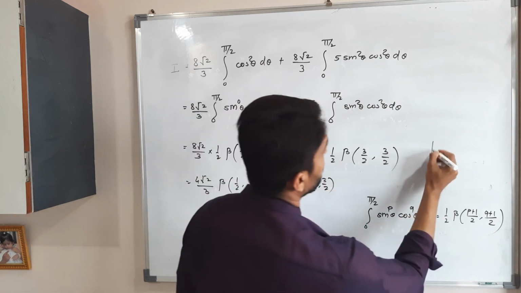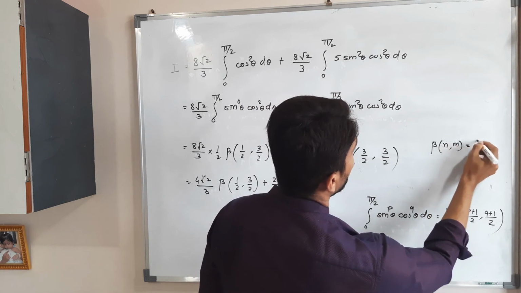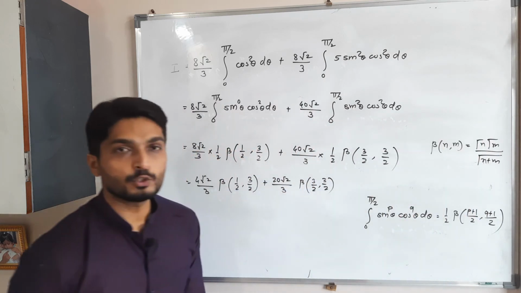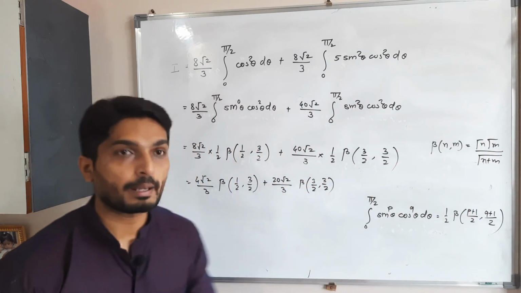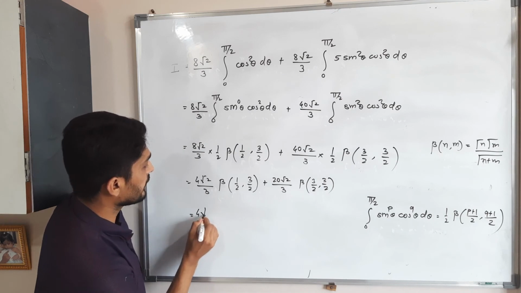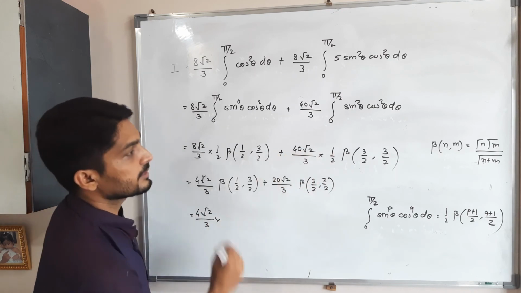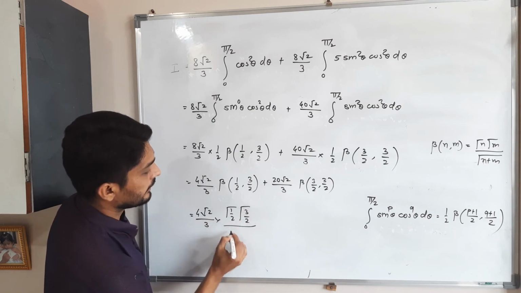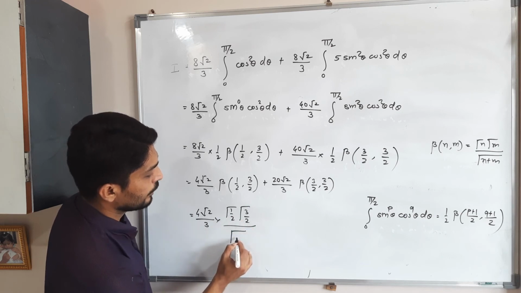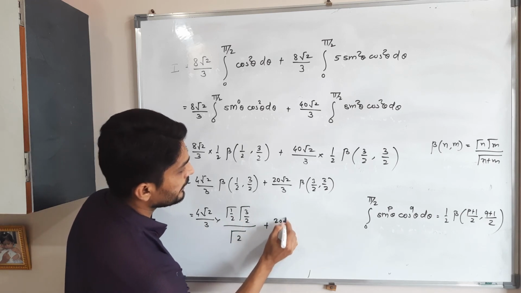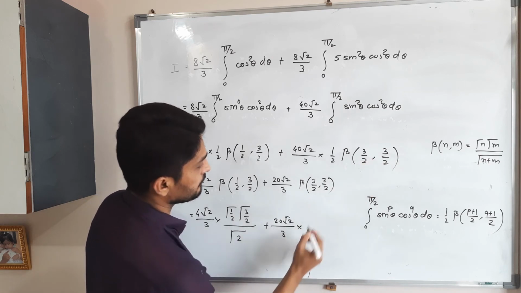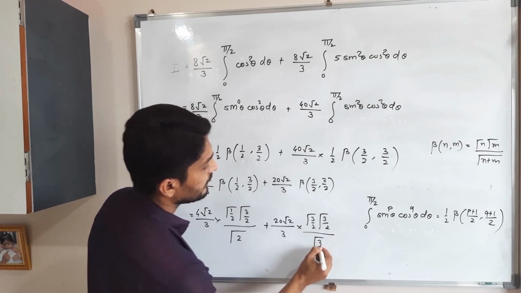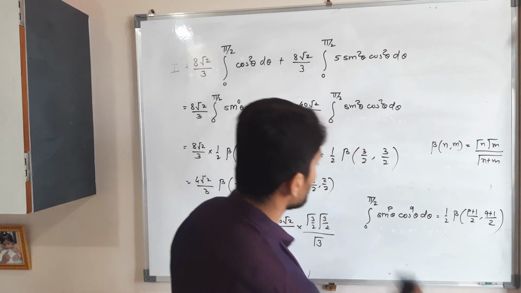So we have a relation of the beta gamma function: beta n m is equal to gamma m upon gamma n plus m. This relation we can use to convert the problem into gamma function. So tell me, how to express in terms of gamma? Gamma 1 by 2, gamma 3 by 2, and here we have to add 1 by 2 plus 3 by 2, 4 by 2, that means 2, plus 20 root 2 by 3, same thing: gamma 3 by 2, gamma 3 by 2, gamma of 3 by 2 plus 3 by 2, gamma 3, right?